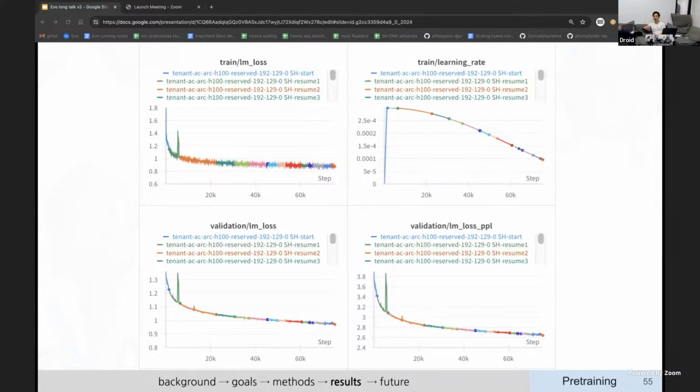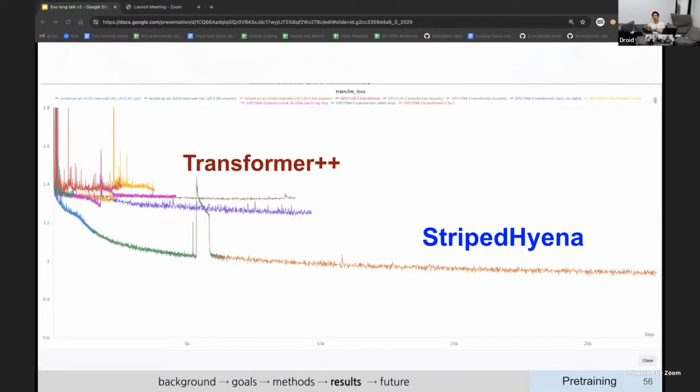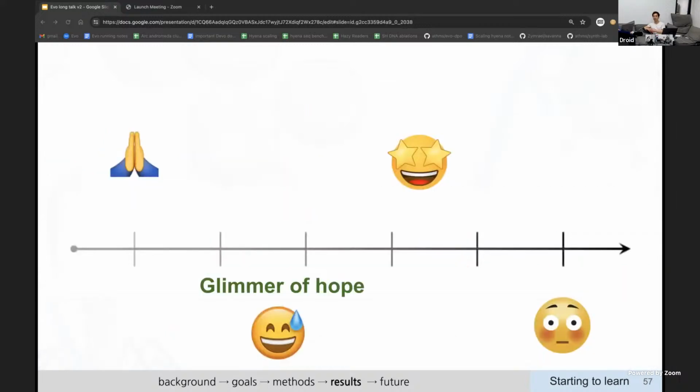So we start training, and we see the loss go down. We actually still don't know if it is learning well, or if it's good enough to generate. We do compare with other architectures, again at the 7 billion parameter scale. We see a lot of instability potentially, especially in transformers. We think it's because of the byte level tokenization, or the single nucleotide tokenization, which has been observed in other papers as well.